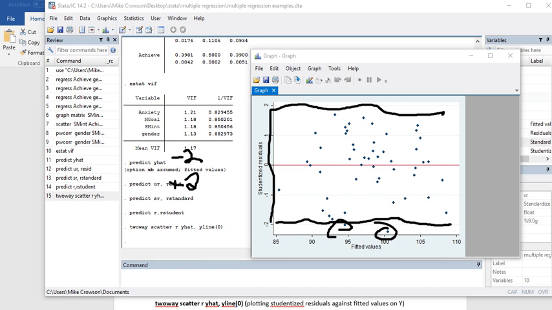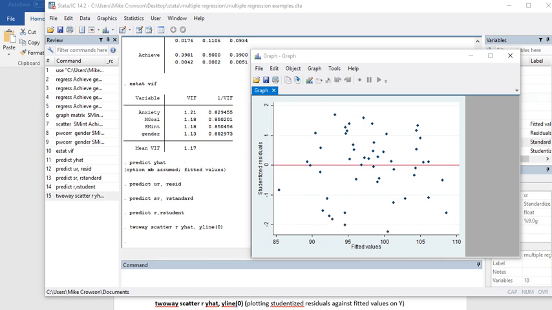And so we might want to study those observations a little bit more closely in order to identify whether or not these are problematic cases, and then come up with some kind of strategy for dealing with those. So at any rate, that's an example of using the residuals plot. Another possible plot that we could utilize to further examine whether or not there might be problems with